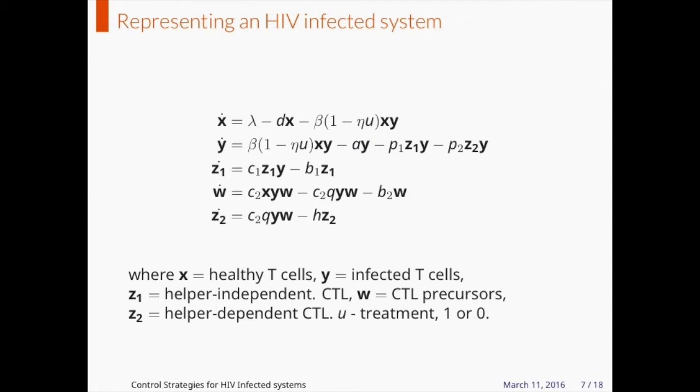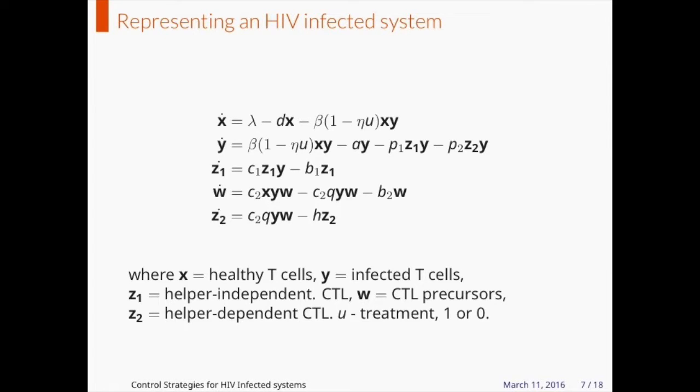Here we have a system of ODEs representing an HIV-infected system, where X is the healthy T cells, Y is the infected T cells, Z1 is the helper-independent CTL, W is the CTL precursors, and Z2 is the helper-dependent CTL. We also have a parameter u that can only be 0 or 1. u represents the amount of treatment, and u equals 0 is no treatment, and u equals 1 is when we